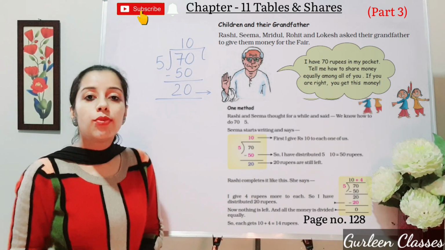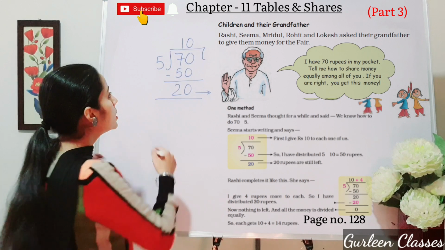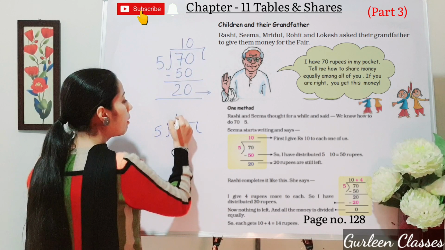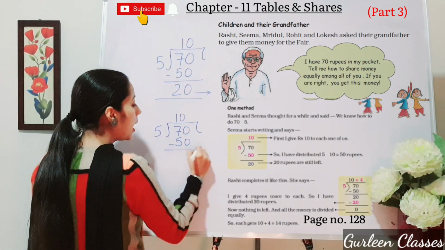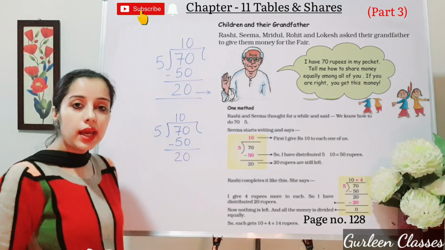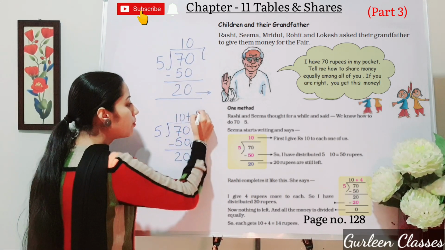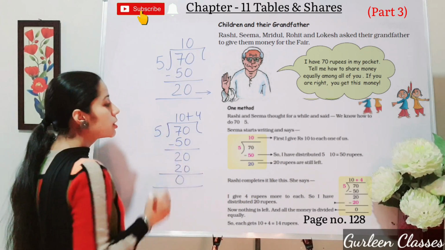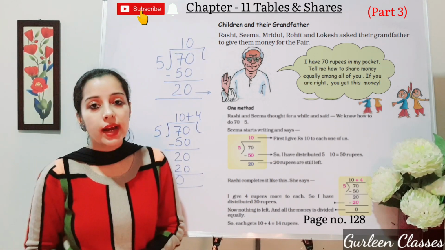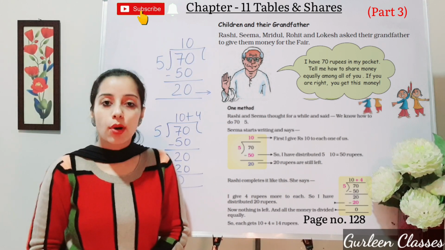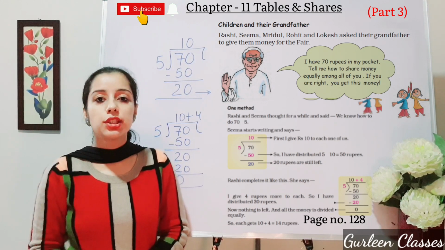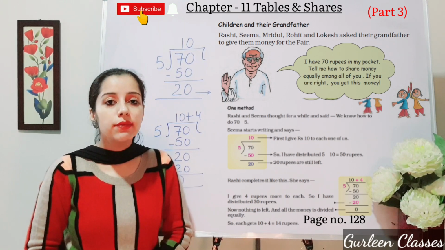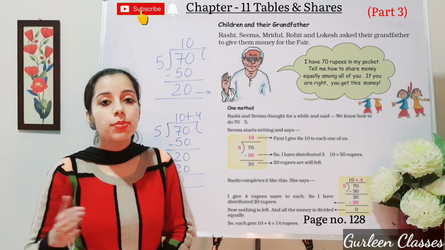Again what she did, 4 rupees she has distributed. So here again let us write here 70 by 5, 5 tens are 50 and it was 20 rupees were left. So 5 plus 4, 5 fours are 20, that is 0. So students, now 14 rupees is divided among 5 children. 14 rupees is divided among 5 children. So I hope students, divide concept is clear. We know that whenever we divide, it means that distributing equally.